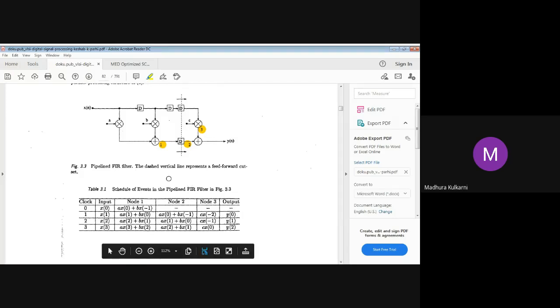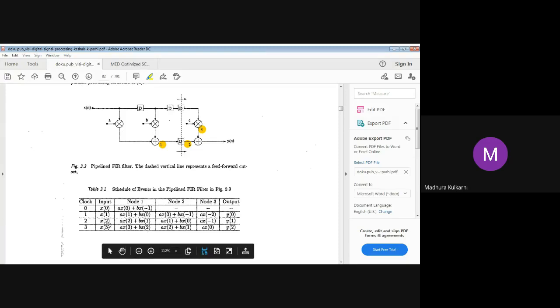Fine. Moving to the next part. Similarly, this will be ax of 2, bx of 2 minus 1, that is 1. So this is ax of 2, bx of 1. Remember again, there is a delay element here, so we need to subtract 1 from both the inputs. So this will be ax of 1, bx of 0. Let us go to the upper part. X of 2 minus 1 will give you 1. Again minus 1 will give you 0. Again minus 1 will give you minus 1. So Cx of minus 1, and this is the second output, that is y of 1.